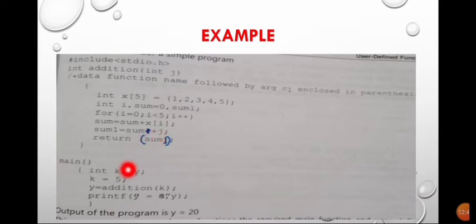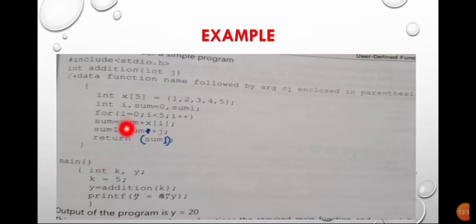But what is the value of j? Just observe the main branch of the program. Here int i, n, t, k and y are defined. Now here integer j goes through this program. That means k is equal to what? k is nothing but the value of j. The value of k goes through j in this loop. So k is equal to 5.